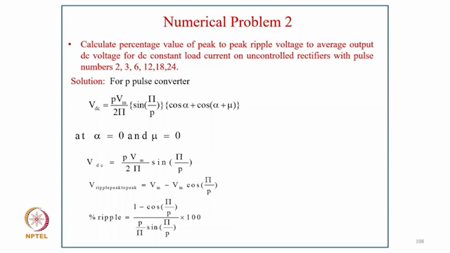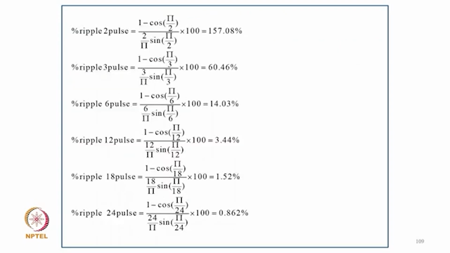So for alpha equal to 0 and mu equal to 0, VDC equal to P Vm upon 2 pi sin pi by P, and the ripple peak to peak is Vm minus Vm cos pi by P, and the percentage ripple is (1 minus cos pi by P) divided by (P upon pi into sin pi by P) into 100, and the percentage ripple in a 2 pulse converter becomes 157%, and ripple in a 3 pulse converter by the formula